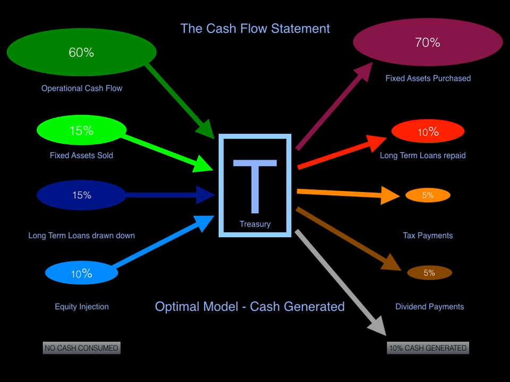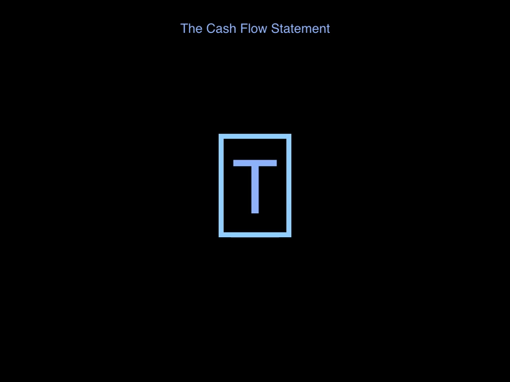This model is optimal because most of the inward cash flow is coming from operations and most outward cash flow is going into fixed assets. It is, however, important that the investment is in productive fixed assets, such as plant and machinery, and not just speculative real estate. The next model is similarly optimal, except that a small deficit has been incurred to support the